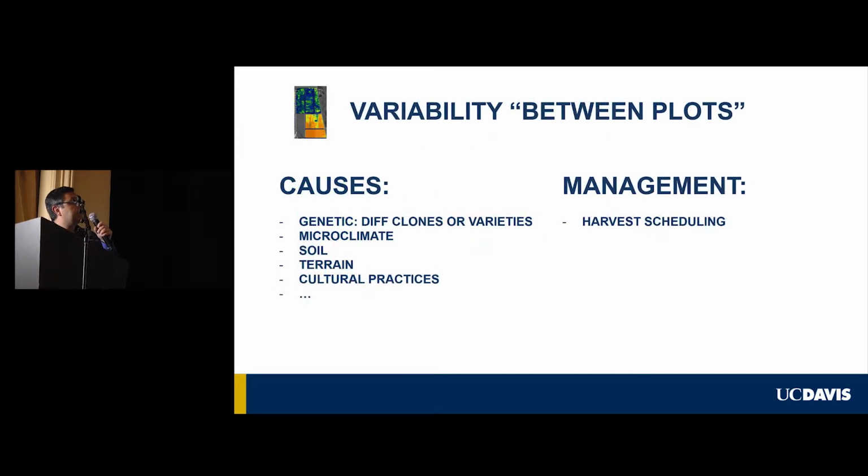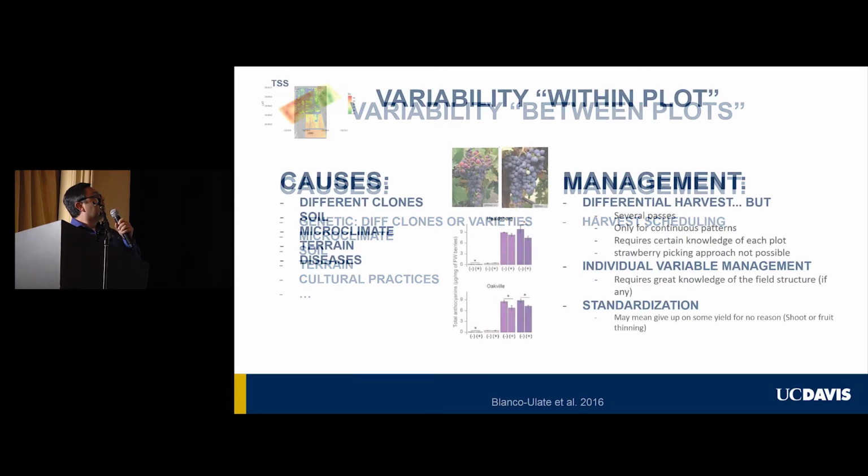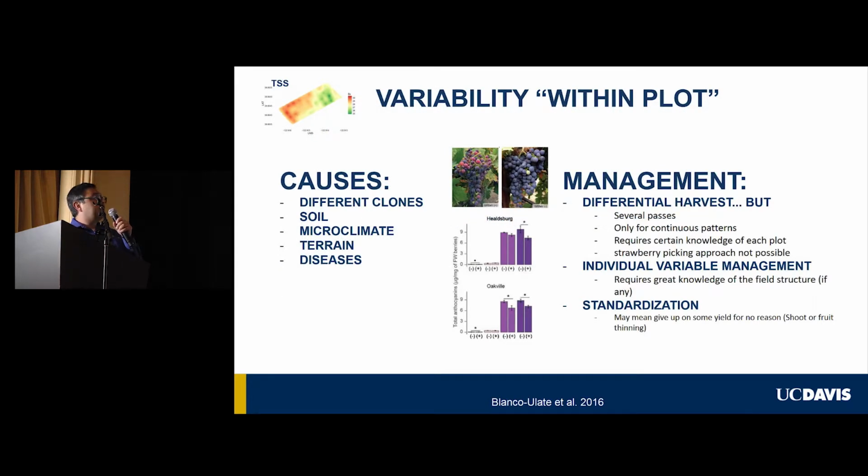When we look at variability between plots, the causes can be genetic. You might have different clones, different cultivars, stuff on different rootstocks, different microclimate, different soil properties. This is going to be affected by terrain and also cultural practice. A management solution is harvest scheduling in this case, but variability within a plot is more difficult to tackle. The causes can be, also, of course, different clones again, soil, microclimate, terrain, and more importantly for us in the